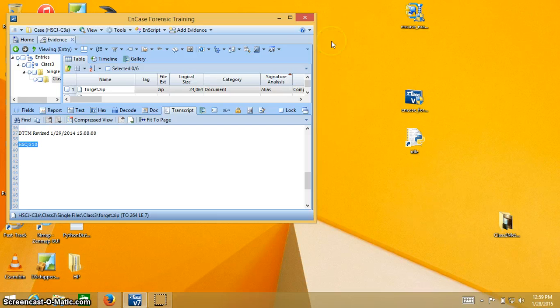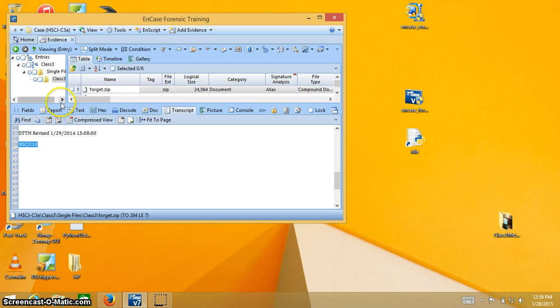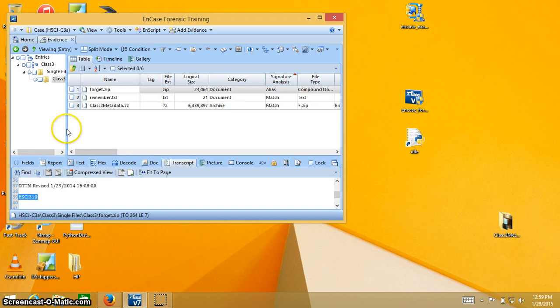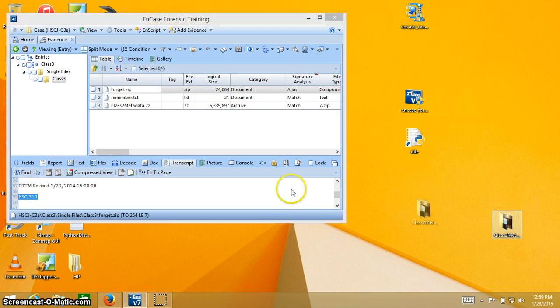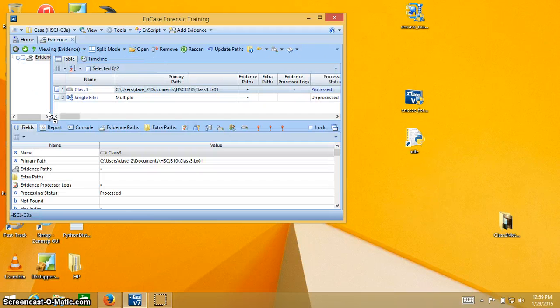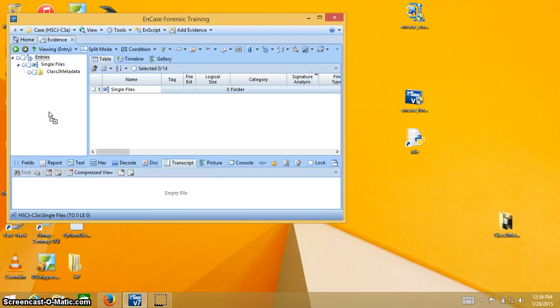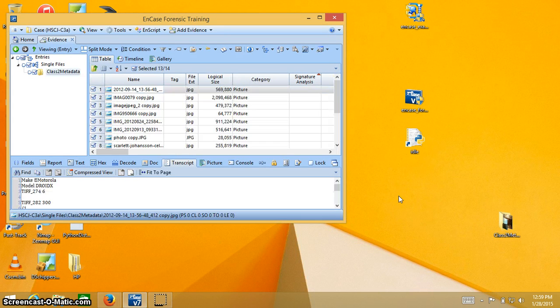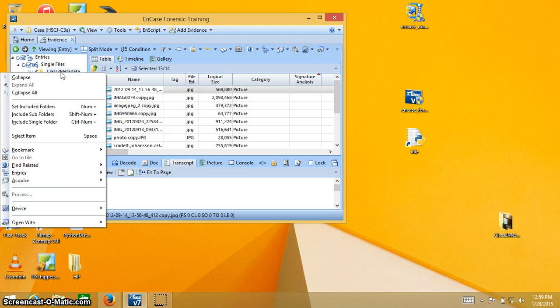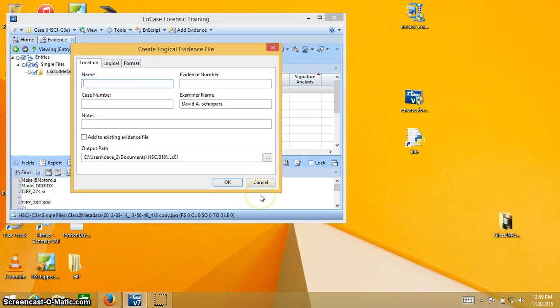So I'm going to go to EnCase. I'm going to quickly realign some stuff here, and then I'm going to drag and drop this in, and now it dropped it into a single file. So now I'm in the single files, and I want to acquire this. So instead of actually looking at the live files on the desktop, I'll actually do an acquisition. So I'm going to select everything in the folder by selecting the checkbox. I'm going to right select, acquire, logical evidence file, and I'm going to do